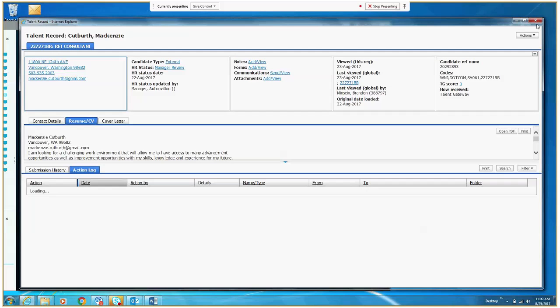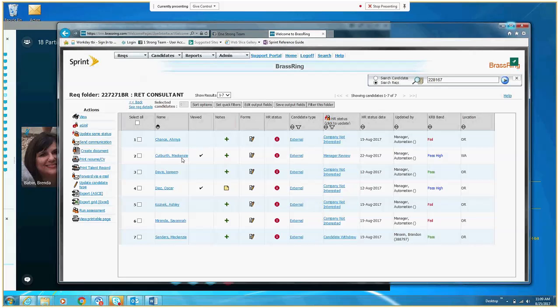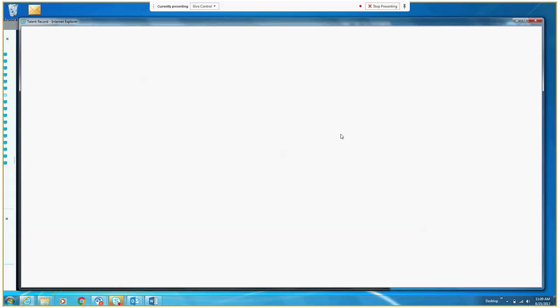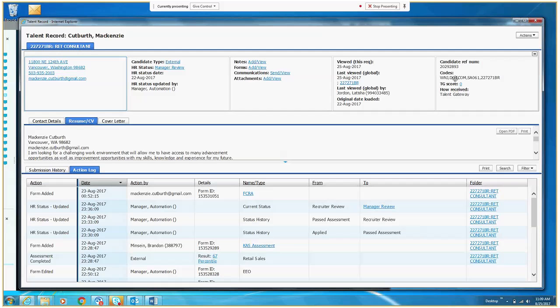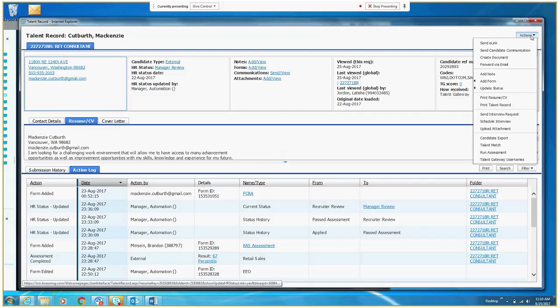But what you do is, let me go back, you go to the candidate, you open up your requisition. You need to be in the rec. You cannot be in the other screen under all recs because the forms cannot be sent from that screen. You go into your requisition, you pull up the actual rec, you open the file with the list of all of your candidates under that one rec. You select the candidate that you need to send the form on. The forms that you want to send to a specific candidate are within the action button under Send Candidate Communication.